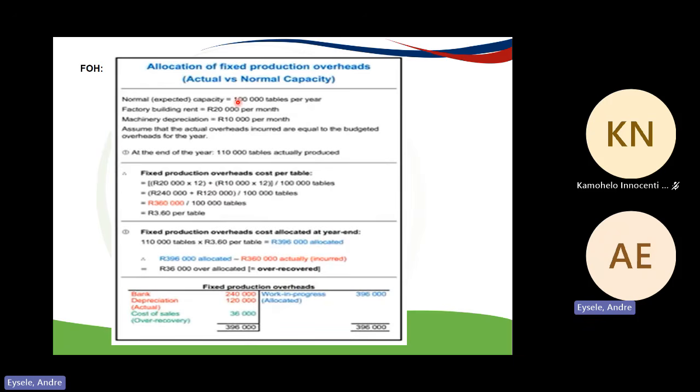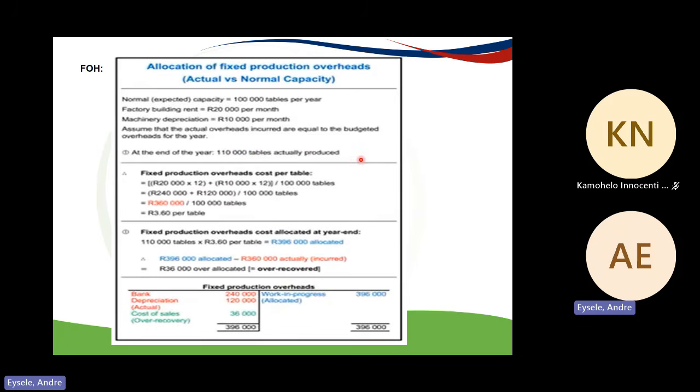But the normal capacity is 100,000 tables per year. The factory building rent is 20,000 Rand per month times 12, which will give you your 240,000 Rand. And machinery depreciation equals 10,000 Rand per month. You multiply that by 12. And the normal capacity is 100,000. At the end of the year, you made